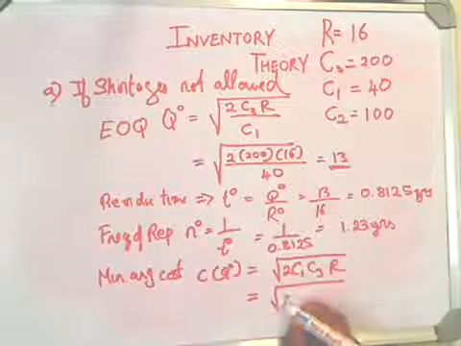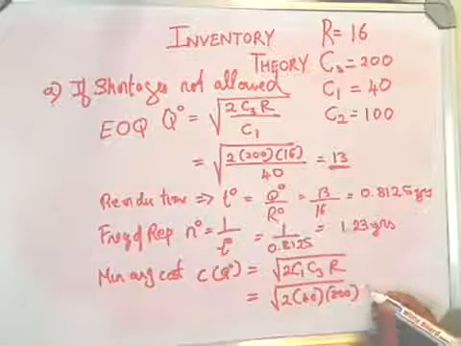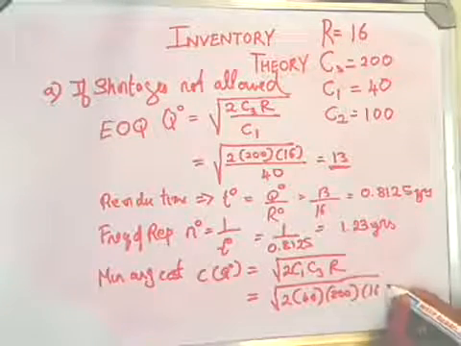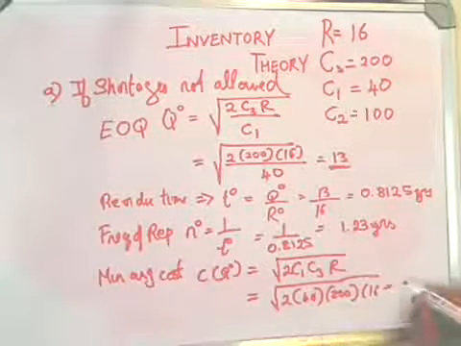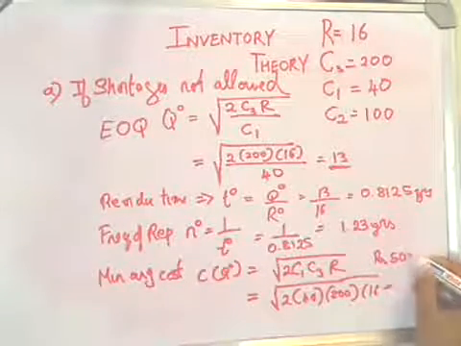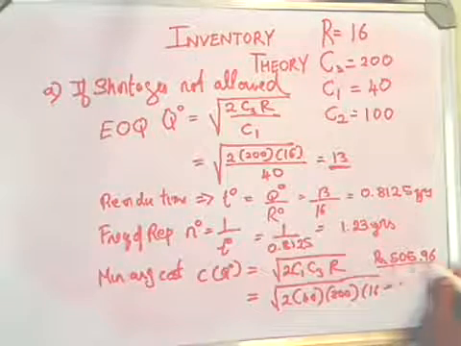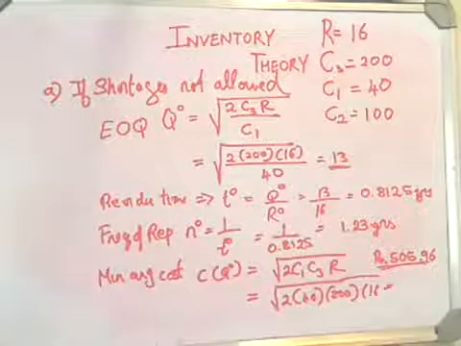Square root of 2 multiplied by 40 multiplied by 200 and multiplied by 16. This should give me rupees 505.96. If you want to round it off to a whole number, it's okay, but I've given it as